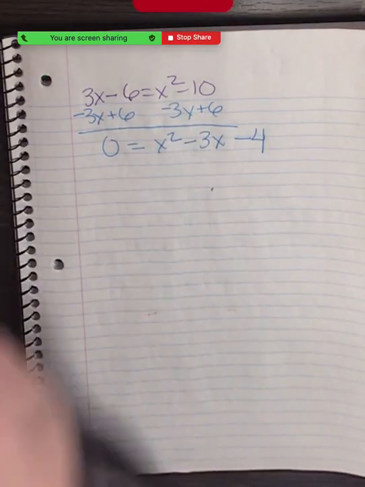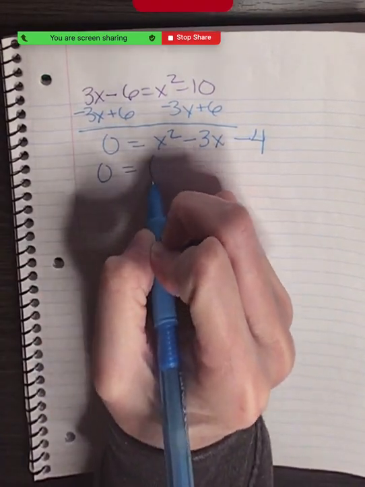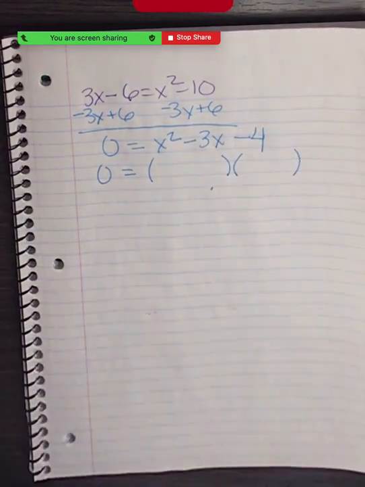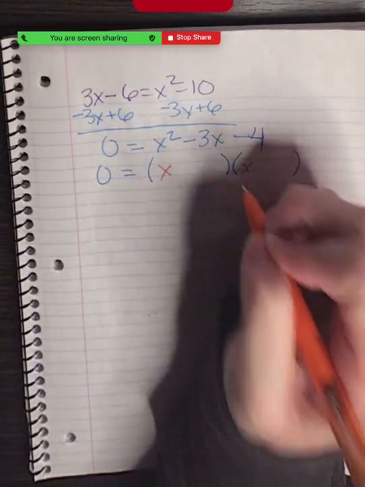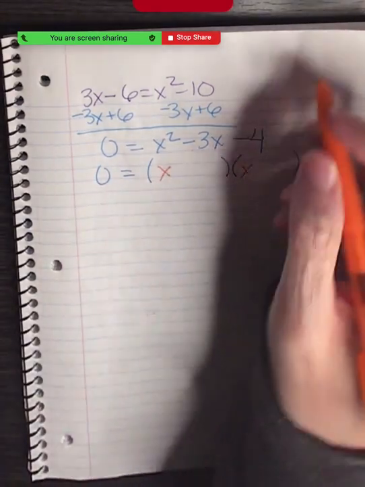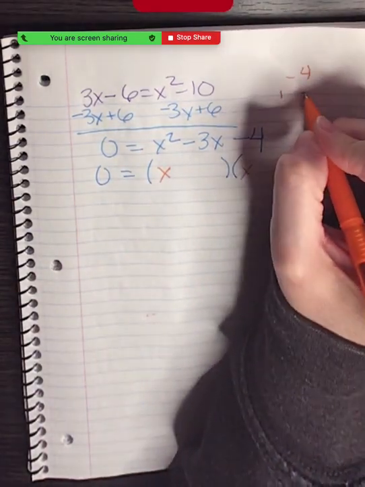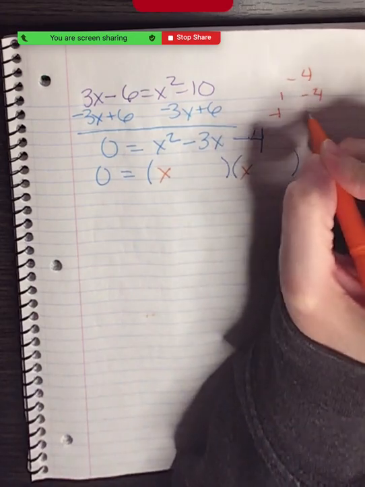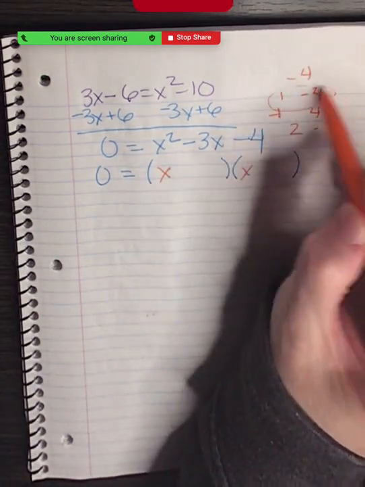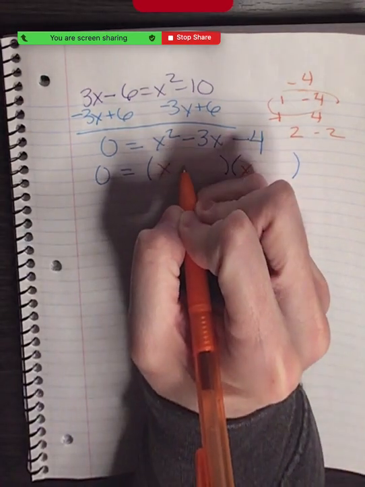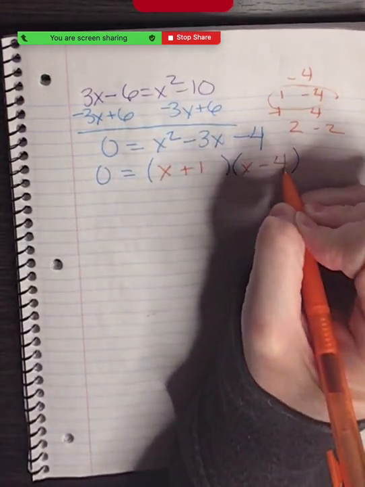Then I'm going to factor. So factors of 1, right? Then factors of negative 4, that add up to negative 3, and that's 1 and negative 4. So we get x plus 1, x minus 4